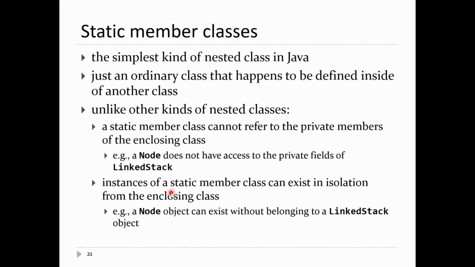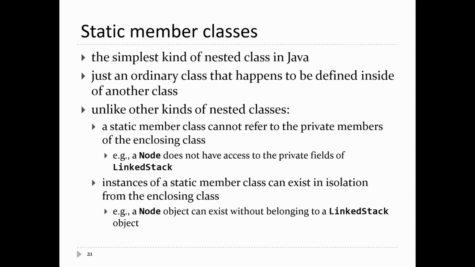Instances of a static member class can exist in isolation of the enclosing class, right? So remember, in the previous lecture, you can't make a range iterator without a range. It doesn't make sense, right? A range iterator iterates over a range, so there has to be a range to iterate over. In this particular example, it's possible to make a node without having a stack. So here you are allowed to make a node object, and it can exist without belonging to a linked stack object,